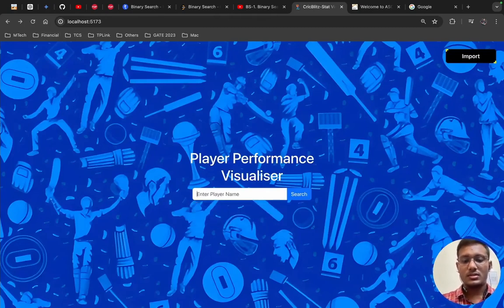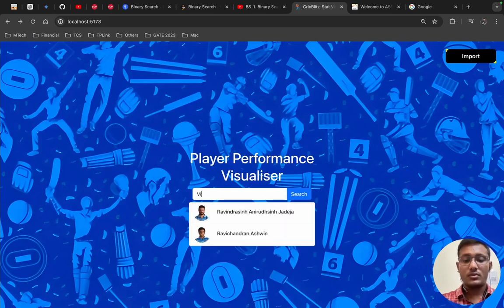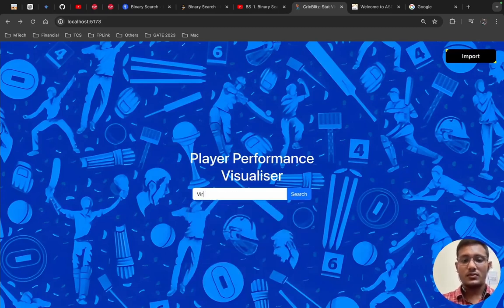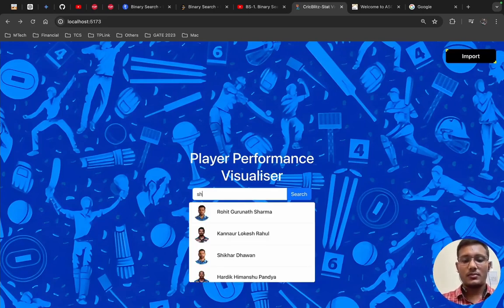Now, let's search for Bumrah. Bumrah is not here. Let's search for Rohit Sharma. So Rohit is here. Let's say Virat Kohli. I'm searching it because it has a reason. I will tell you later. Any player, Shami,